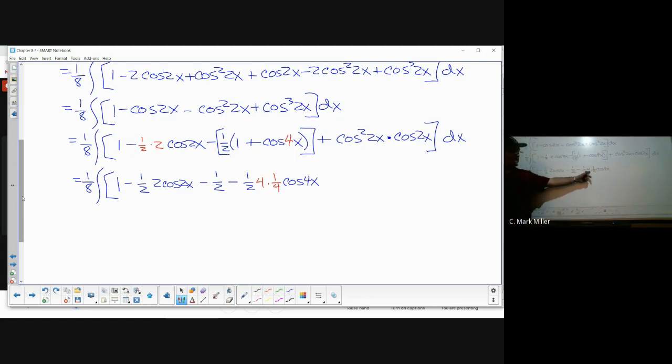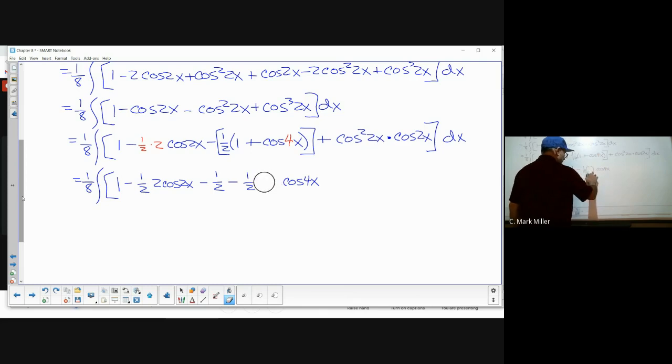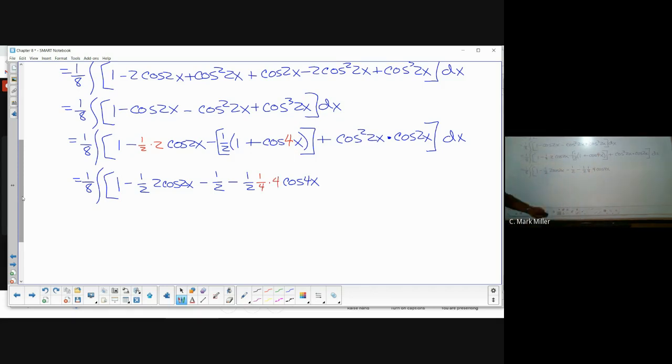I added this 4 times 1/4 here because I'm going to need that 1/4 right there. Actually, I did that in reverse. I need to do it this way. And this one is going to get a